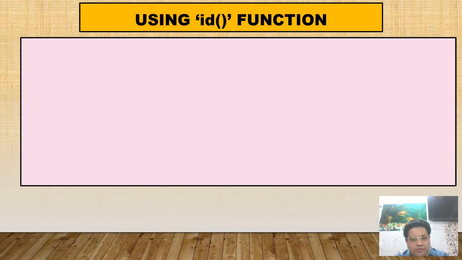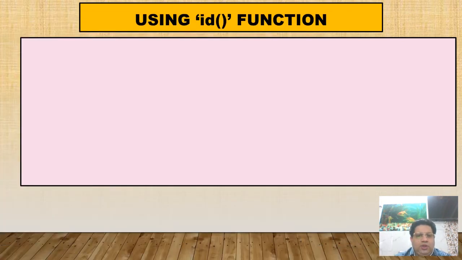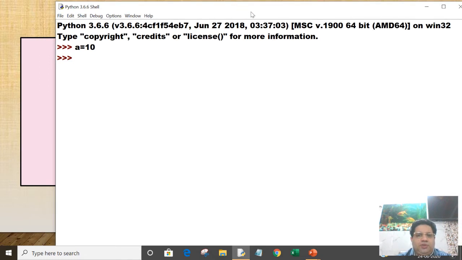For example, let's start Python IDLE. Now if I write a equal to 10, this 10 is stored in memory somewhere at some address. Now if I want to know the address of this value 10, where it is stored in the main memory, which is RAM, random access memory, what will you write?